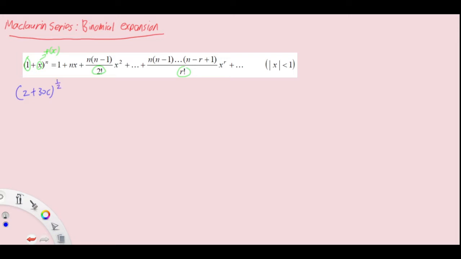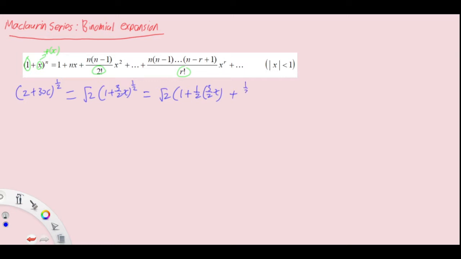Right? So first thing first, 2, right? So we have to factorize out the 2 to become root 2 because 2 power half is root 2. Then inside is simply divided by 2, so (1 + 3/2 x) whole thing power half. Next up, apply the formula because we now gotten the constant 1. So root 2, 1 + nx, so half times 3 over 2x plus n times n minus 1, so half